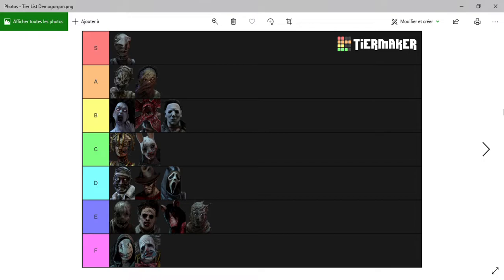S tier. S tier is the Nurse tier. There's no reason to call it not the S tier for the Nurse tier because there's only Nurse. Only Nurse can fit there. This tier is only made for the strongest killer in the game. Unless the strongest killer in the game was debatable, but in this case it's not. In this game, the best killer in the game is the Nurse. Everyone knows it's the Nurse. I'm not gonna hide from you guys that the Nurse